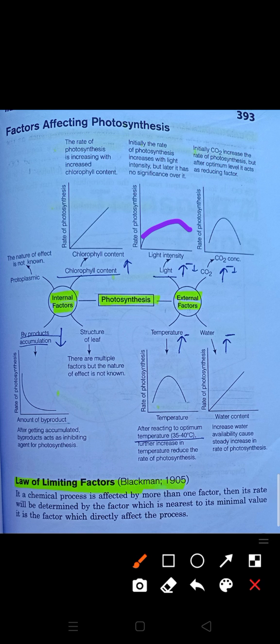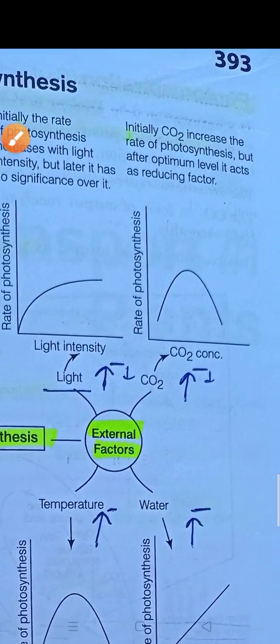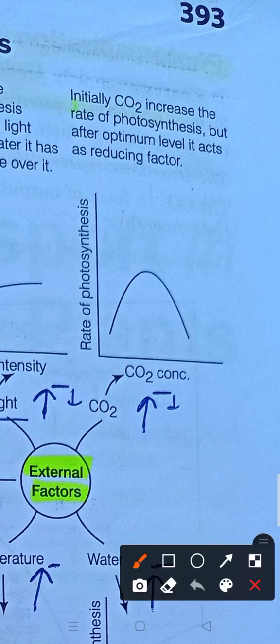Okay, so the concentration of carbon dioxide is very low in the atmosphere. You know very well, 0.3 and 0.04%. If the concentration increases, then CO2 fixation increases. Clear, you can observe it. At first, increasing CO2 concentration increases the rate of photosynthesis, but if it gets to be optimum